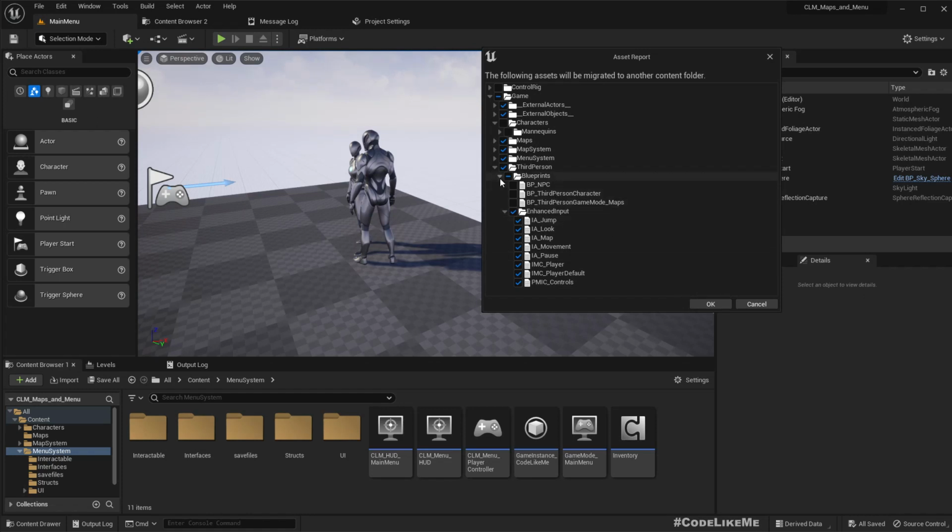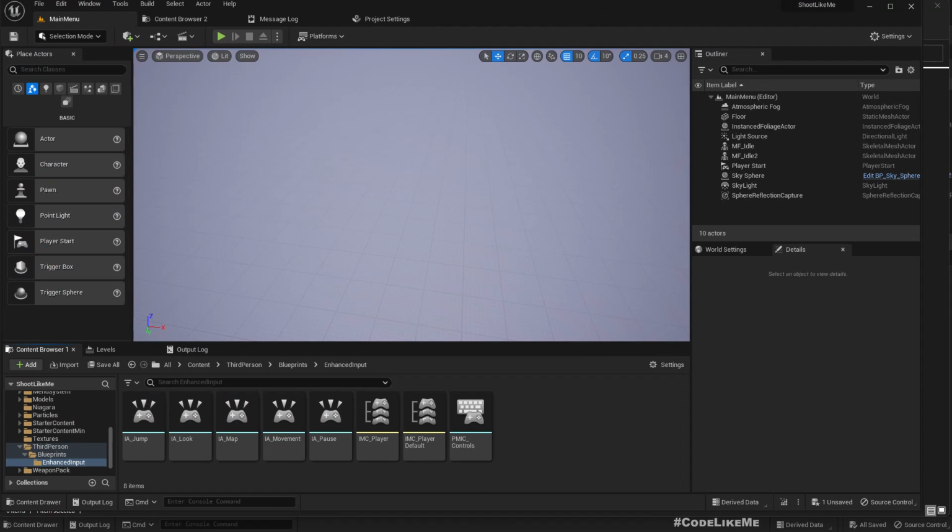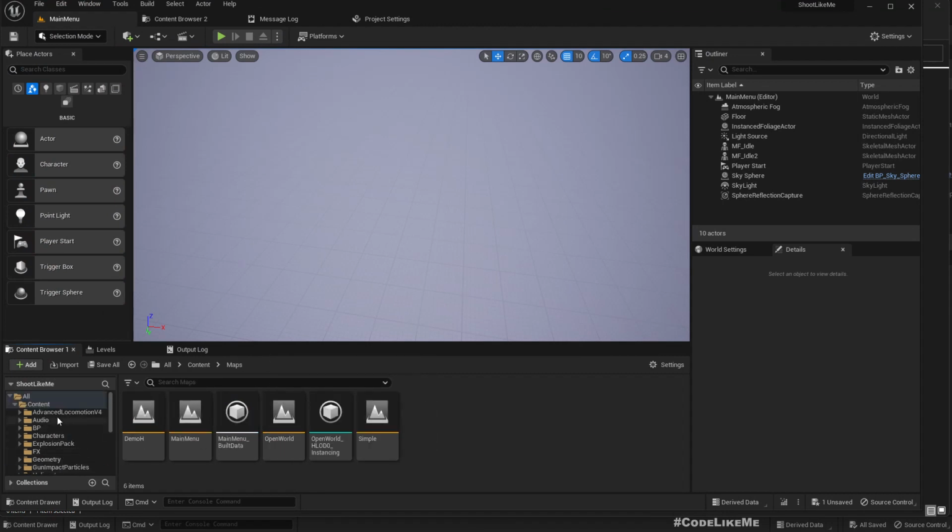I hope to integrate those also into the shooter project. Okay, if you select migrate, these things will be migrated. Alright, now this is my shooter project, and I have copied this